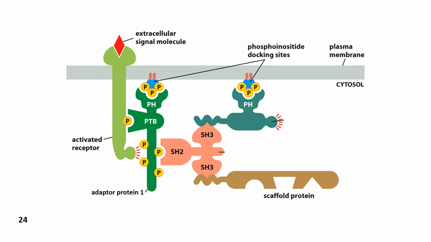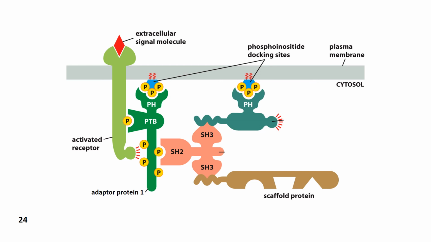That adapter protein also happens to have a couple of other components. One of those is a pleckstrin homology domain that can bind to a phosphorylated inositol protein. The other